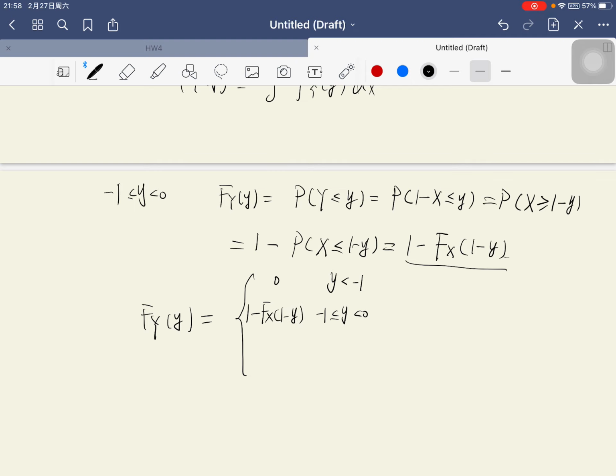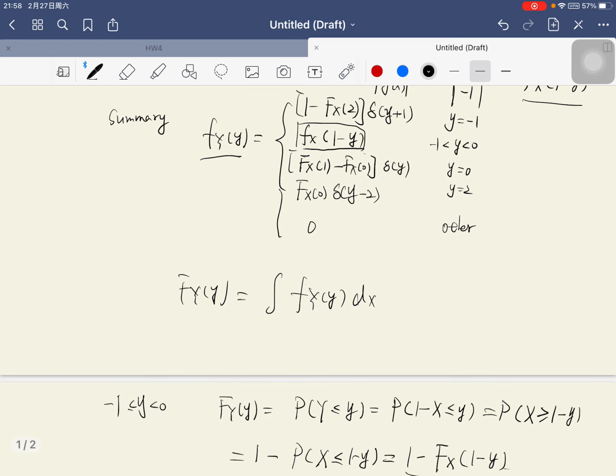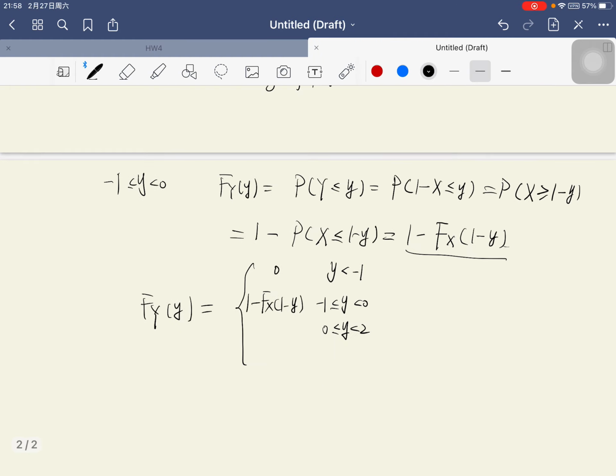And when y is from 0 to 2, it is equal to 1 minus the distribution function of x at the value 0. And when y is over 2, it is equal to 1. So that's the distribution function of y,